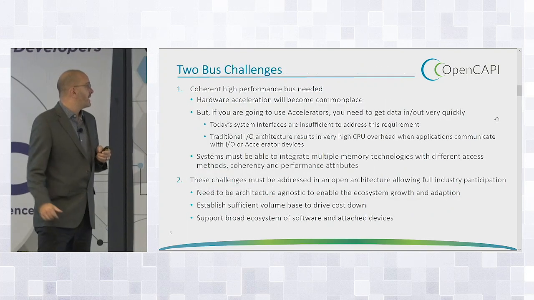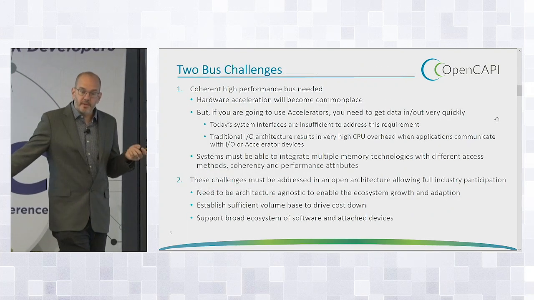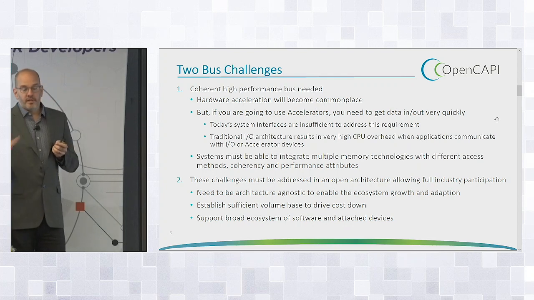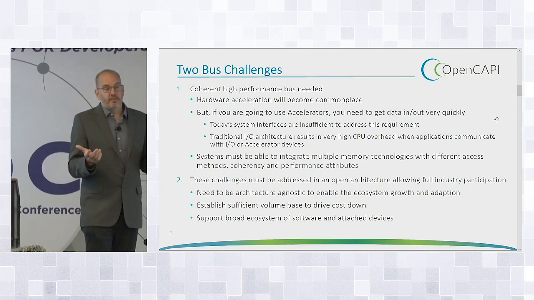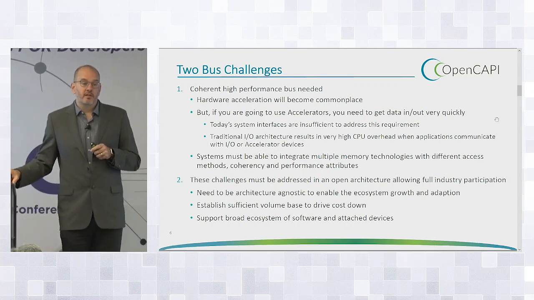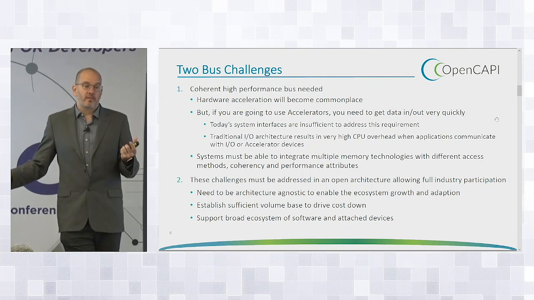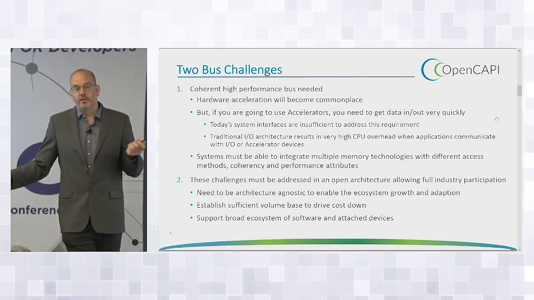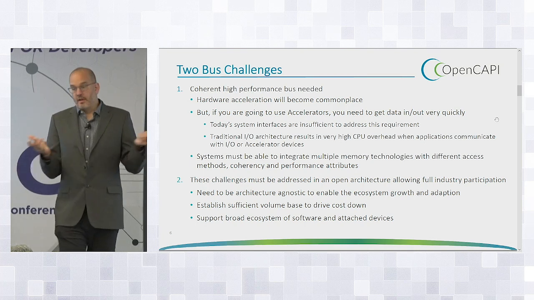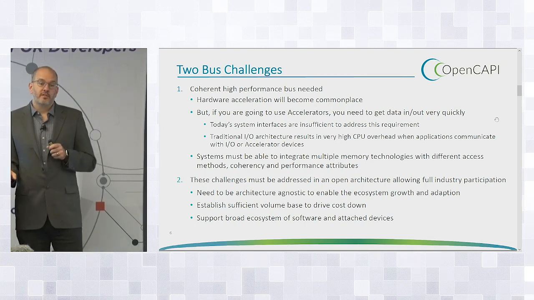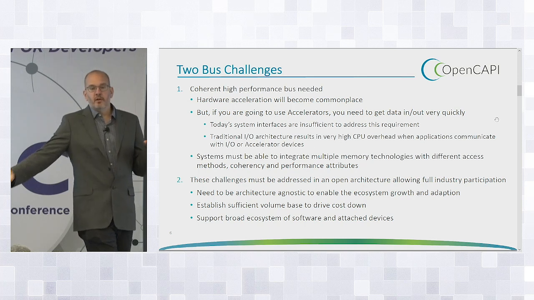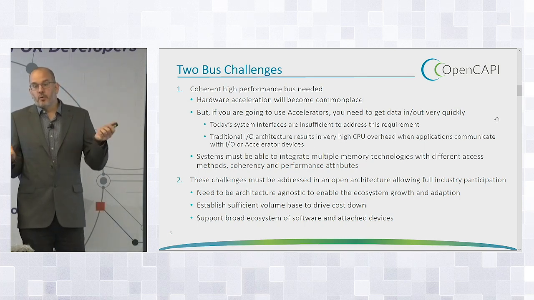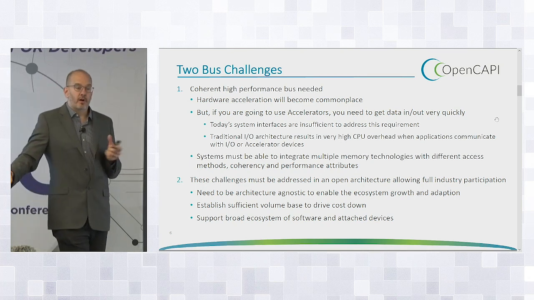So let's talk a little bit about that. Acceleration is becoming commonplace. The acceleration communication wants to be fast. With PCIe, people have latencies in the 700 microsecond range, microseconds. That's a lot of time for a processor to be sitting there doing nothing, right? We're trying to execute in a CPU 4 instructions a cycle, 3 instructions a cycle. Those cycles are a quarter of a nanosecond, right? So if I'm sitting there for 1,000 cycles waiting for an accelerator, that could have been 4,000 instructions that I wasted, right?